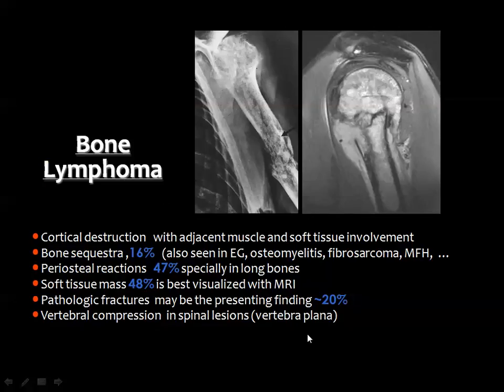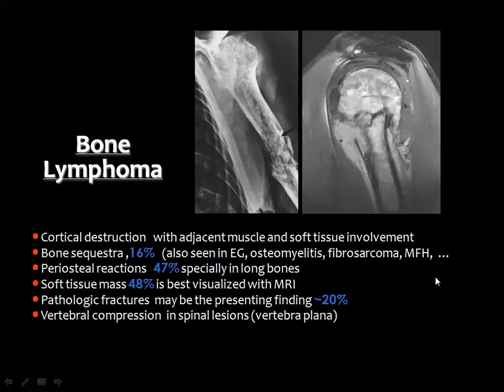Then these are the manifestations of lymphoma in the bone as seen on imaging: cortical destruction with adjacent soft tissue and muscle involvement, like here you see some cortical disruption of the neck of the humerus with a small extraosseous soft tissue component. Bone sequestra are seen in about 16% of the cases, also seen in osteomyelitis, fibrosarcoma, Ewing sarcoma, and